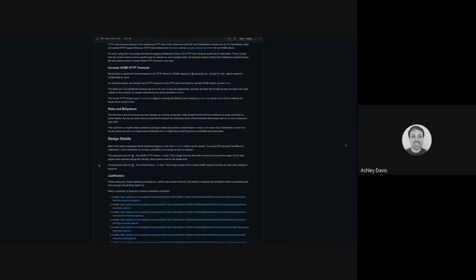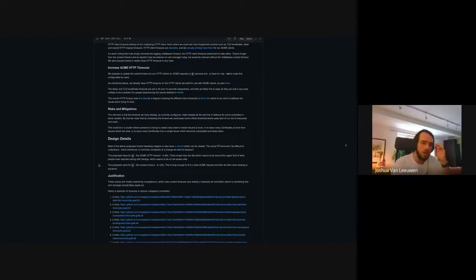Have the context be the last resort, because the error message is necessarily always going to be terrible with context. It's always going to be timeout exceeded, and it's not going to be clear to people that it was actually a hanging HTTP call necessarily. The error information might be there in the error, but actually it's probably just going to be context timeout. Deadline exceeded. Yeah, I certainly agree with you. That's definitely how it should work. I do think that the interface context is the best way of doing these timeouts.